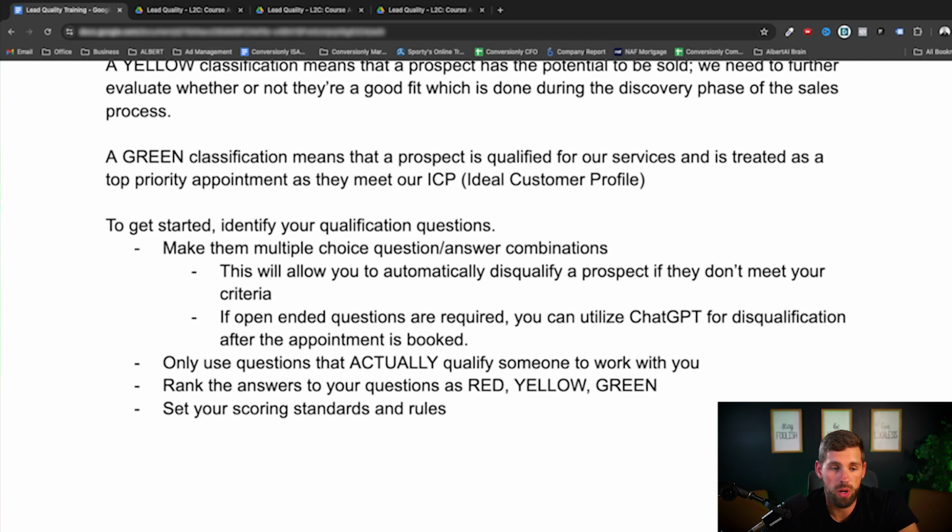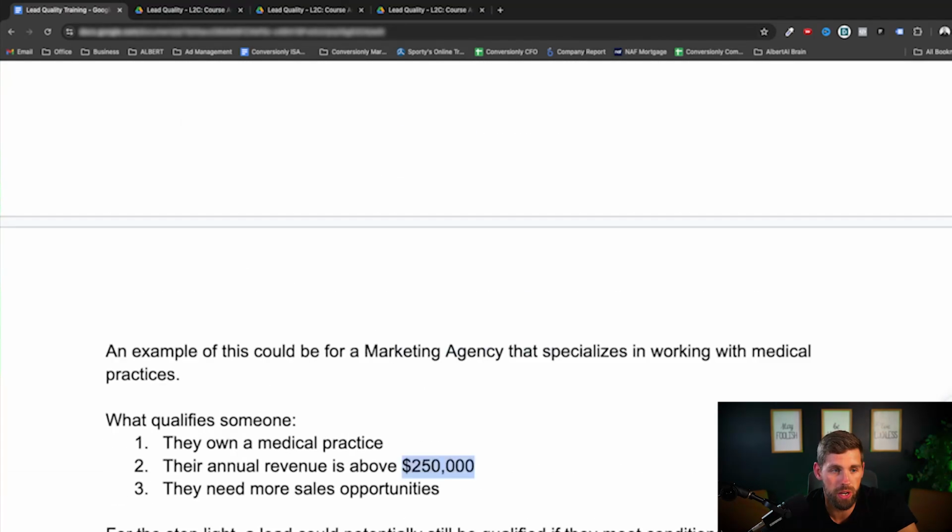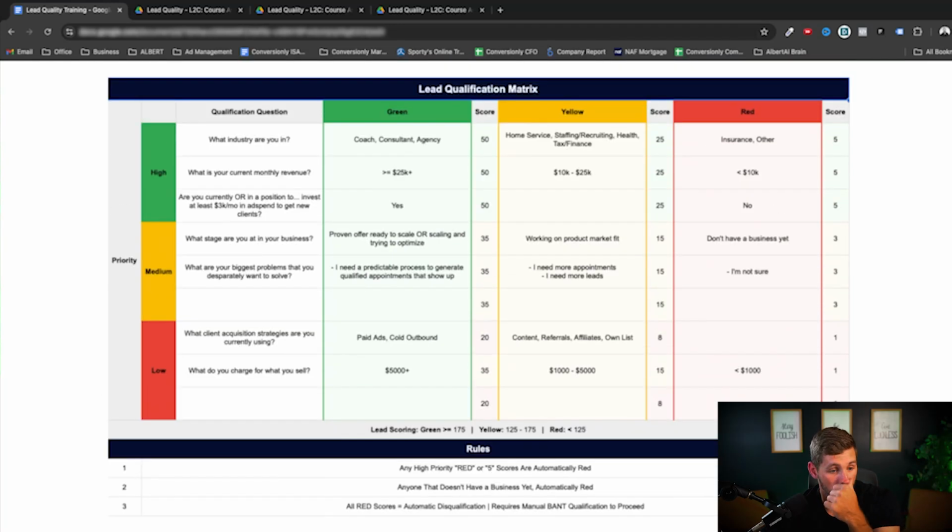Only use questions that actually qualify someone to work with you, okay? Rank the answers to your questions red, yellow, and green, and set your scoring standards and rules. The one thing I do want to note in here is our scores are 175 plus is green. That's because we have several questions. If you only have 3 questions in here, there's no possible way to score as a 175. So you are going to want to make sure you adjust these numbers based off the volume of questions you